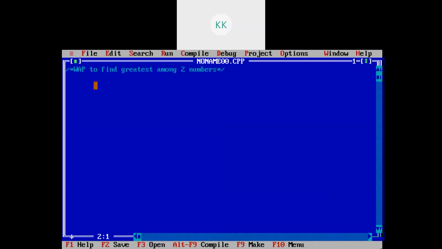Yeah. So firstly we need to include some header files, that is #include stdio.h, #include conio.h, and #include iostream.h.